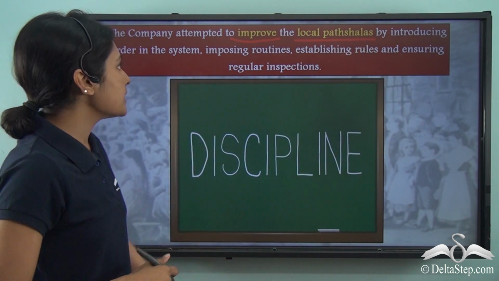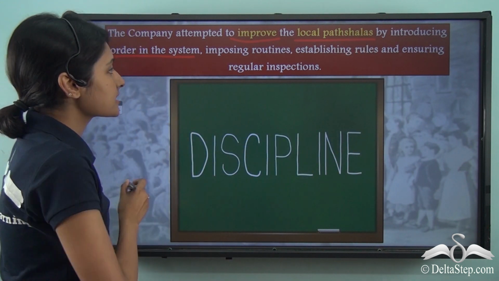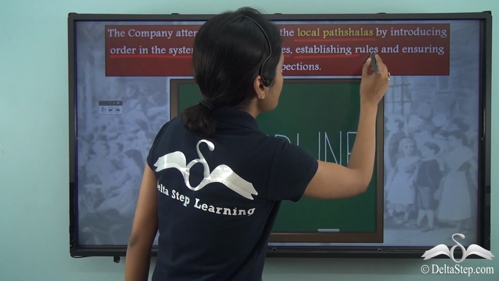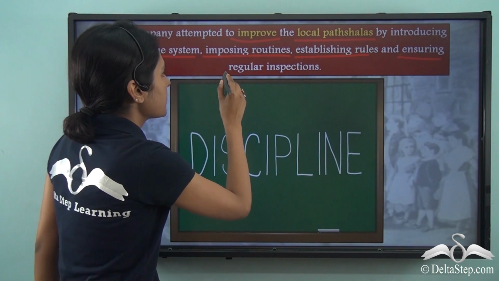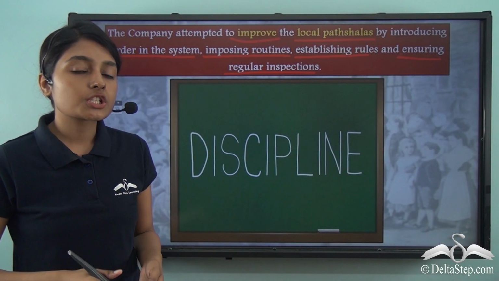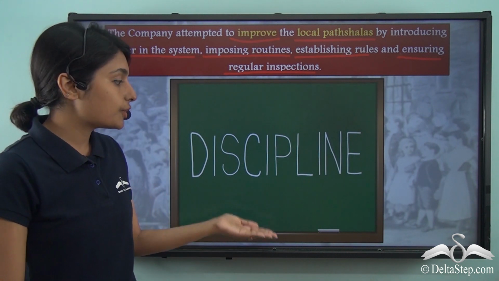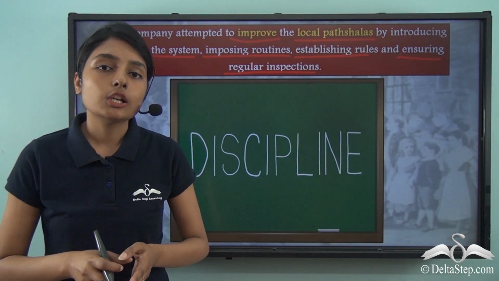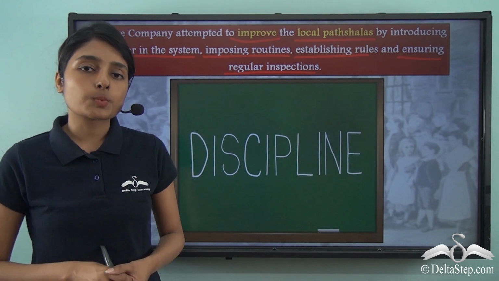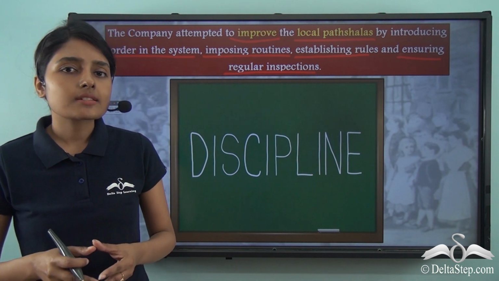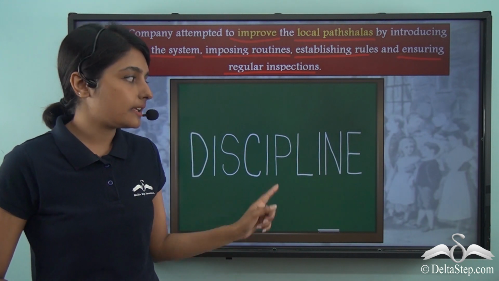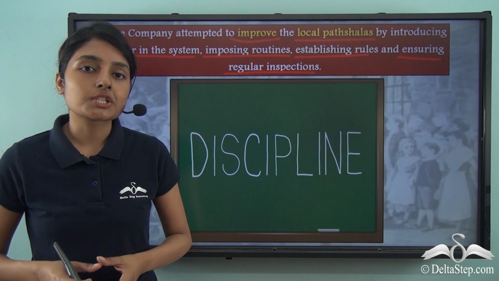They sought to introduce order in the system. They also imposed routines, established rules and ensured regular inspections. So all in all, the Britishers now started enforcing discipline in the local pathshalas, which used to function in autonomous ways earlier on. So let us now find out how the Britishers enforced discipline and rules and regulations in the